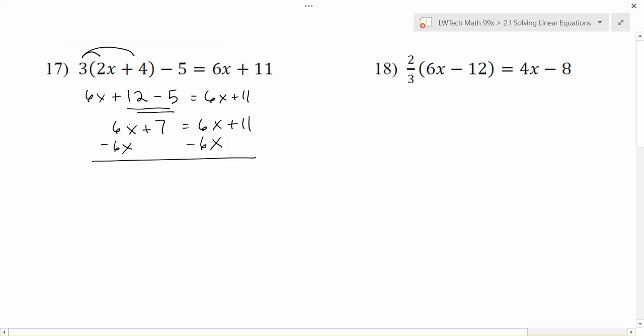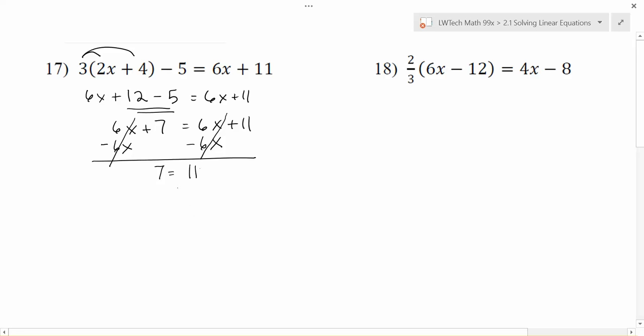On the left-hand side, I get 6x minus 6x, which I needed to do to get it to move over to the other side, and I was left with 7. But on the right-hand side, I also ended up with 6x minus 6x, and my x's are gone altogether from the equation, and all I'm left with is 11. So something really weird happened here. And this does sometimes happen when we try to solve equations. It's not necessarily the most common case, but it is a special case,